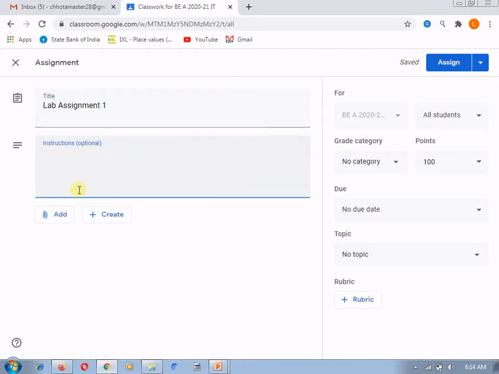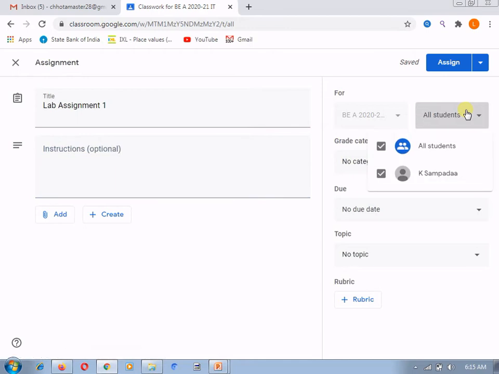If you want to upload any file for this, you can upload it or you can create it. I have already explained you. For which class? Here a single class is there, that's why it is disabled. For the students, suppose for B, the elective subjects are there. For those elective subjects, suppose a few of the students have opted for a different subject, and a few of the students have opted for my subject, for example.